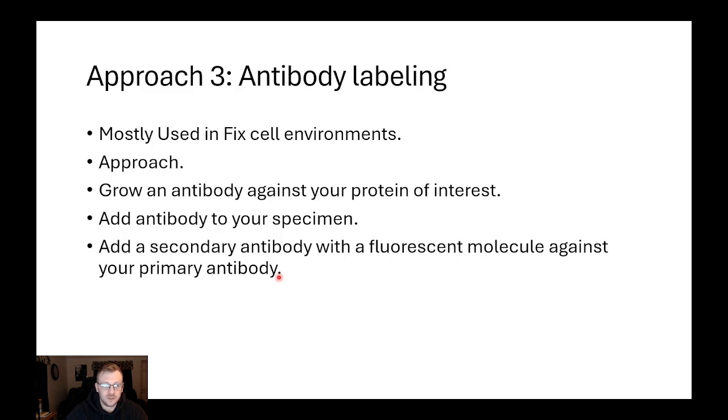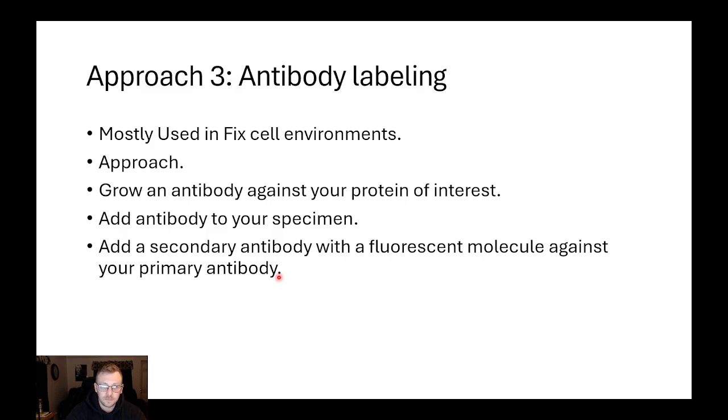Antibodies are by far the most expensive labeling technique you can do, and that's because we need a living organism to be able to express an antibody. Most commonly, antibodies are grown. The bigger the animal, the less specific it's going to be in general. So if you're looking at a monoclonal antibody that's just got one target, they're going to grow it in something